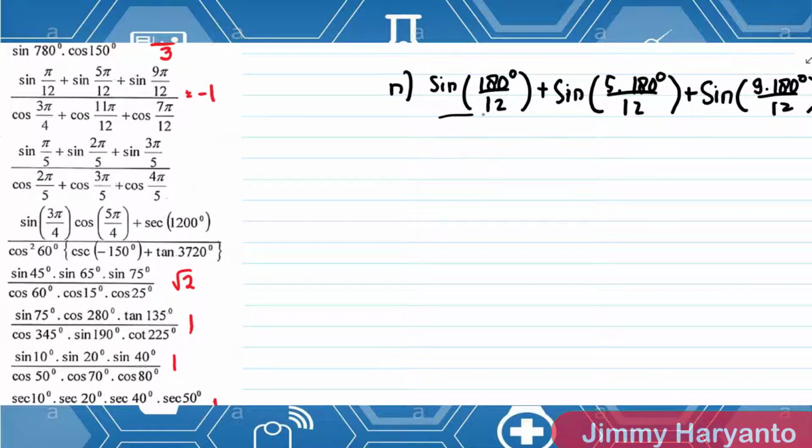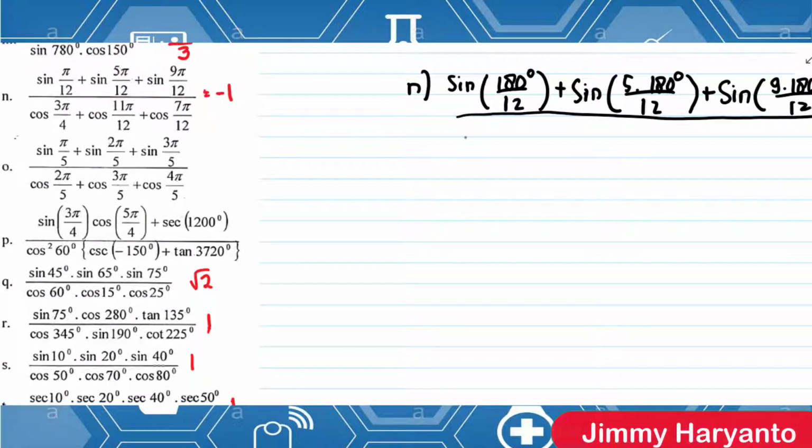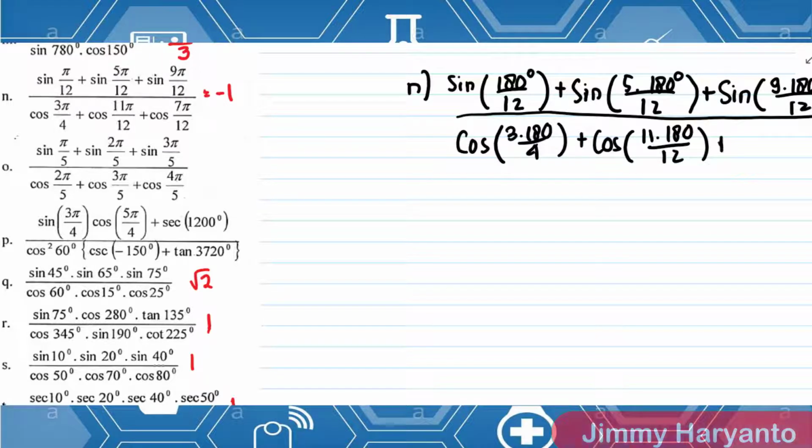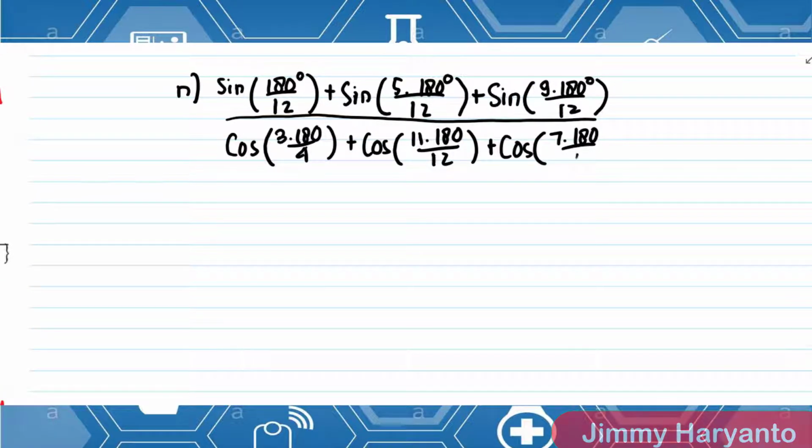Okay, so for the bottom part, it will be cos 3 times 180 degree over 4 plus cos 11 times 180 degree over 12, and then plus one more time 7 times 180 degree over 12. Okay, let's calculate this together,